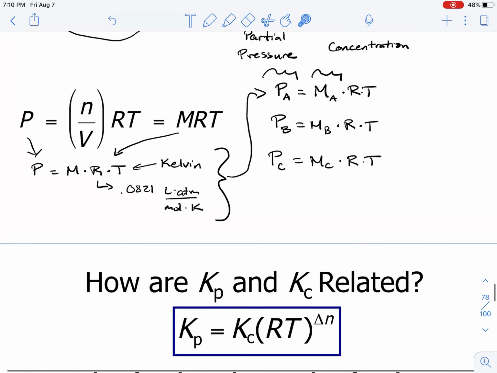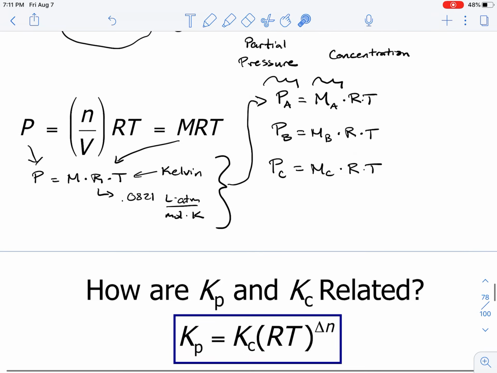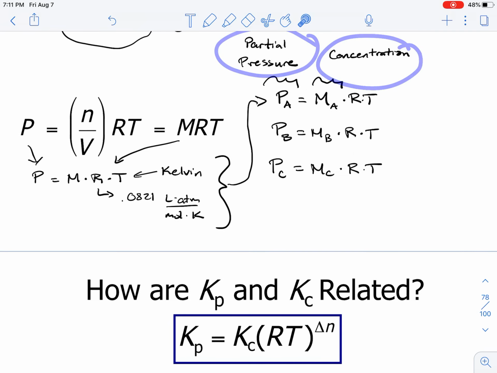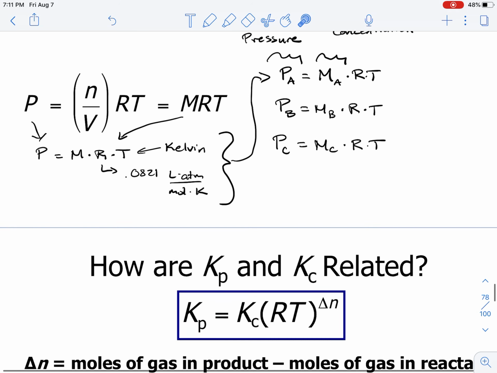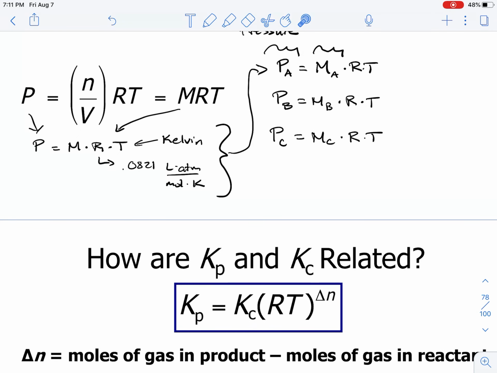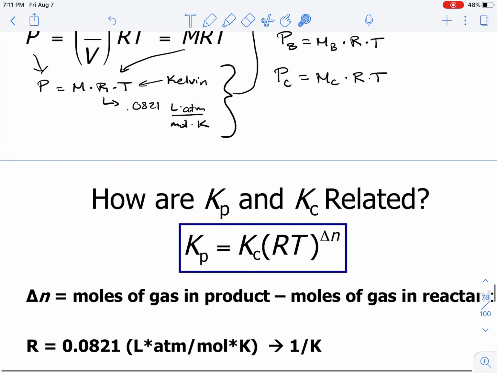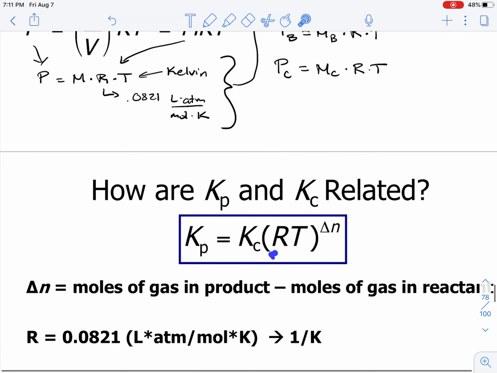And so because there's a relationship between partial pressure and concentration, there's also a relationship between the equilibrium constant when it's expressed in terms of partial pressure and the equilibrium constant when it's expressed in terms of concentration or molarity units. And so this is the formula where Kp is the equilibrium constant under partial pressure, Kc is the equilibrium constant for concentration units,